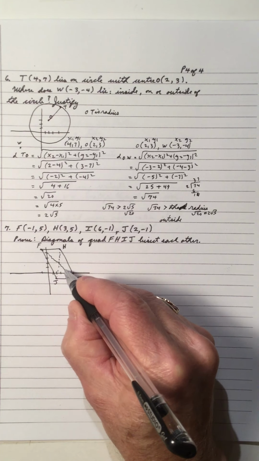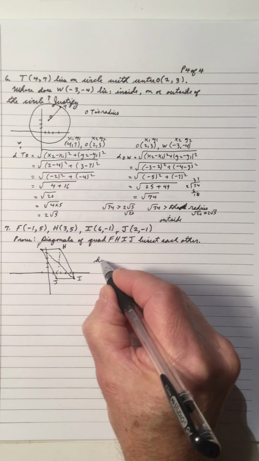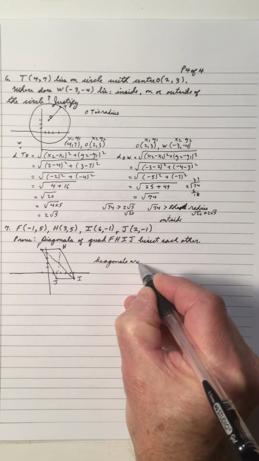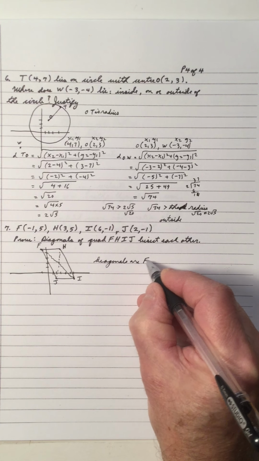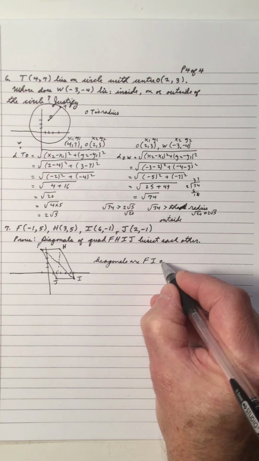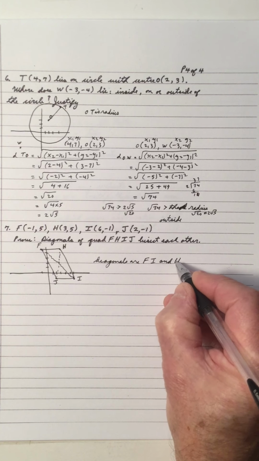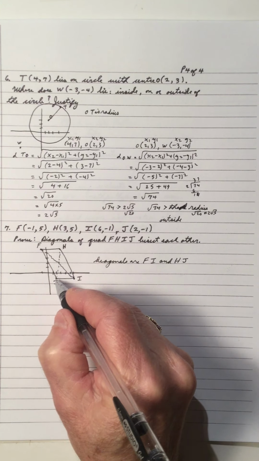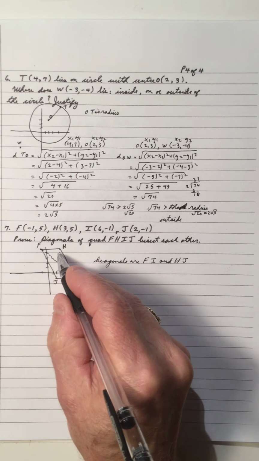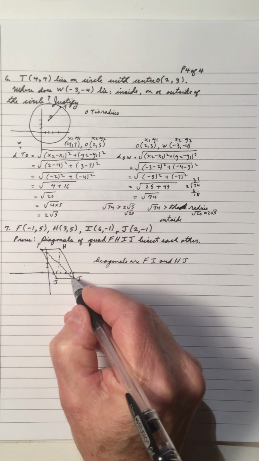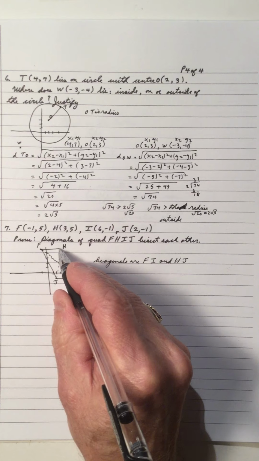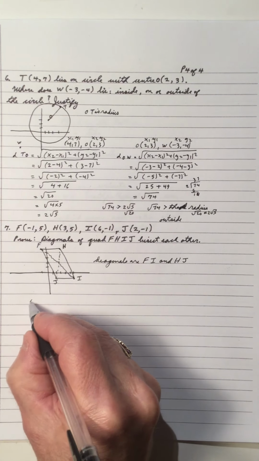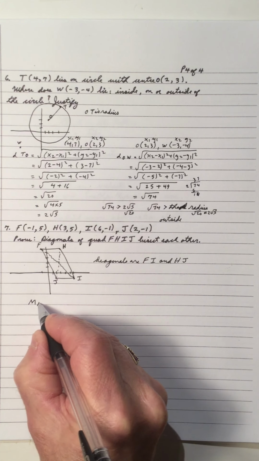There they are. So the diagonals are FI and HJ. A diagonal goes from one vertex to another, not being a side. In other words, it can't go through consecutive vertices. It's got to be non-consecutive vertices. So if we get the midpoint of FI,